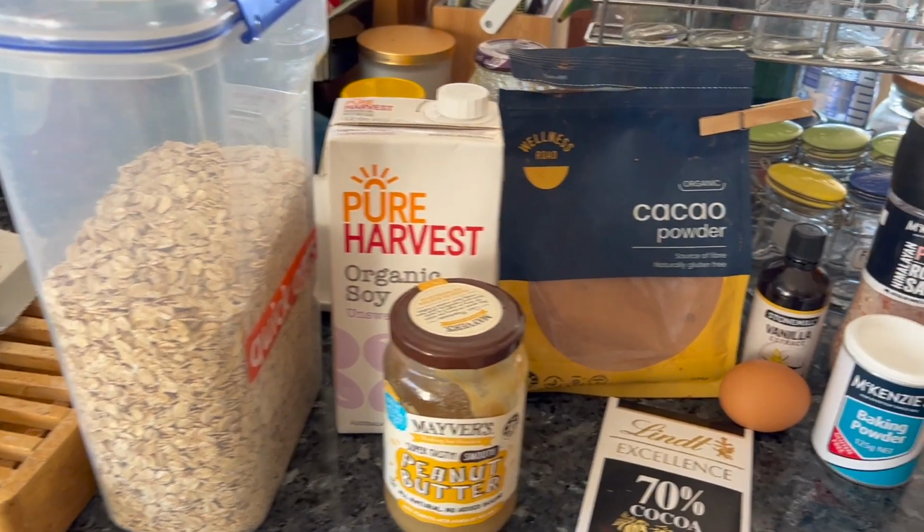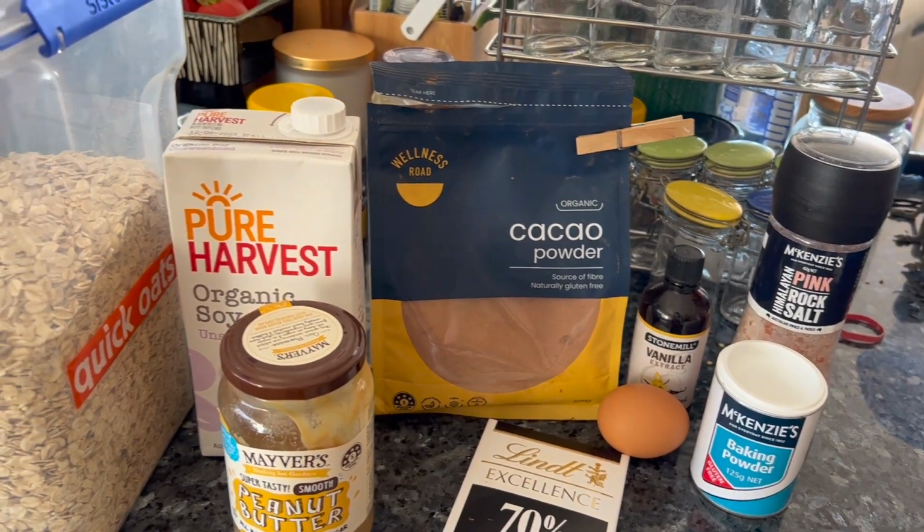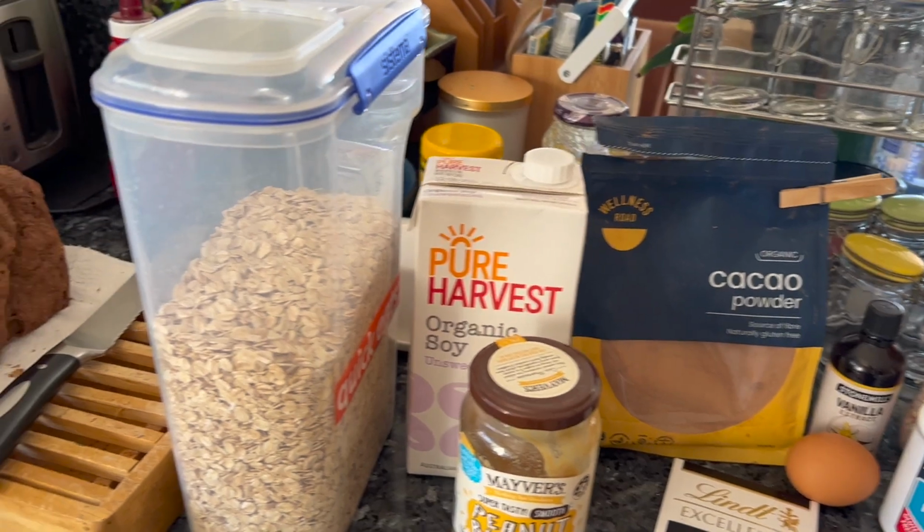Okay, so for breakfast, I'm gonna have this healthy version of an oaty breakfast brownie. It's a bit of a treat. I learned the recipe off of TikTok, so hope you enjoy it. So these are the ingredients. I've had to do a little bit of improvisation because Mom and Dad didn't have everything, but essentially you need,